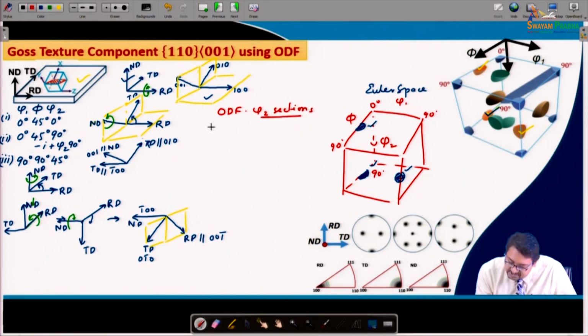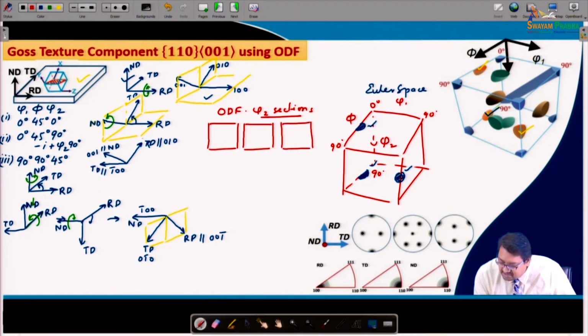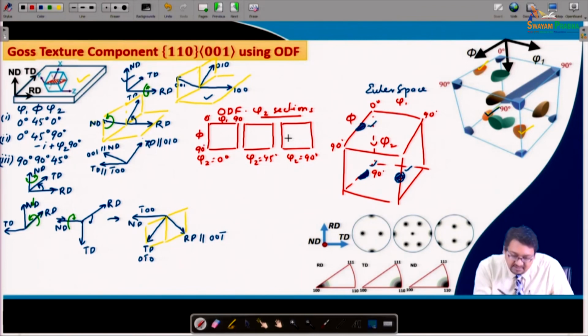So, what we will do is draw important phi 2 sections. We see that the Gauss texture is observable at phi 2 equal to 0 degree section. It is observable at phi 2 equal to 45 degree section and phi 2 equal to 90 degree section. And then if this is 0 degree for phi 1 to 90 and the same for the other ones, and this is phi from 0 to 90 and same for the other ones, the positions of the Gauss texture components can be seen as, if you say for example, we sliced along phi 2. So, this is the first slice,